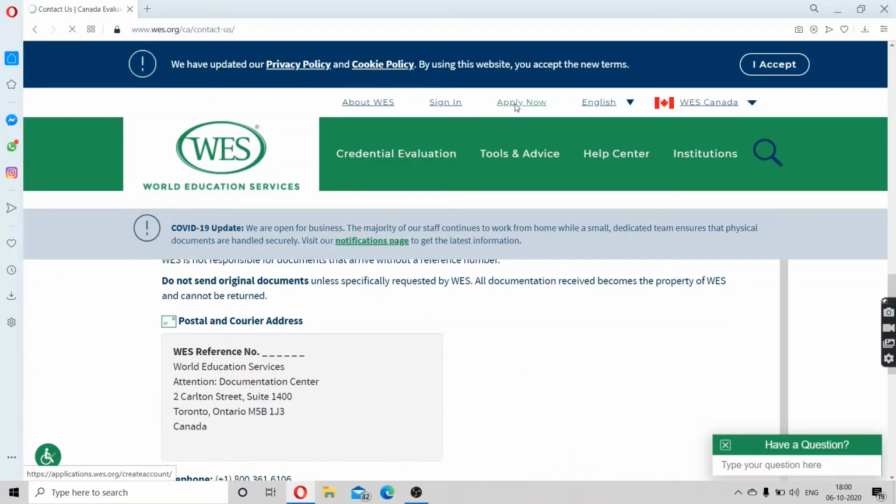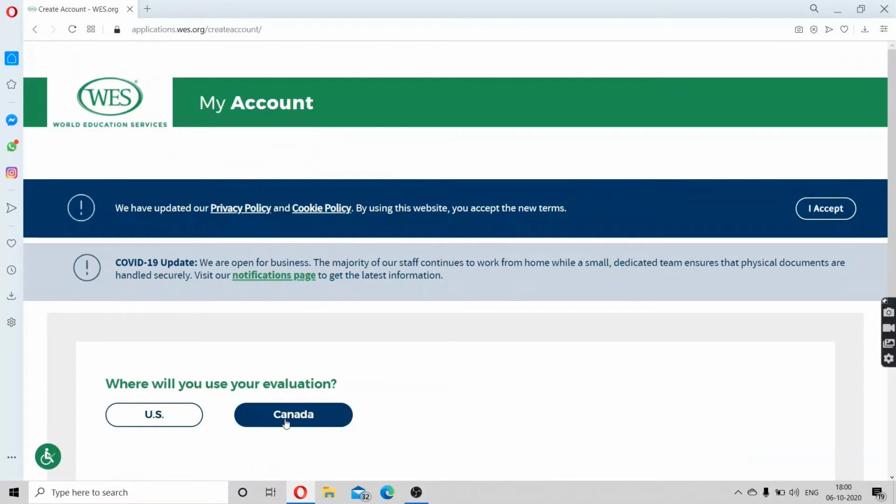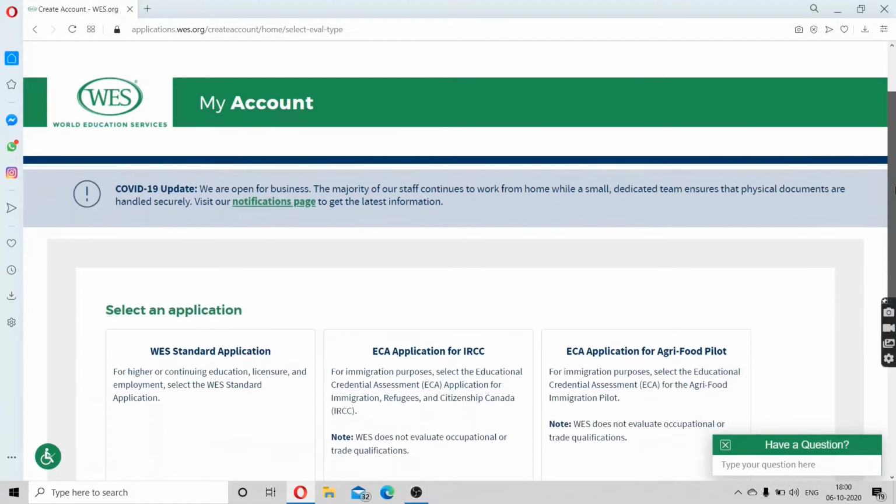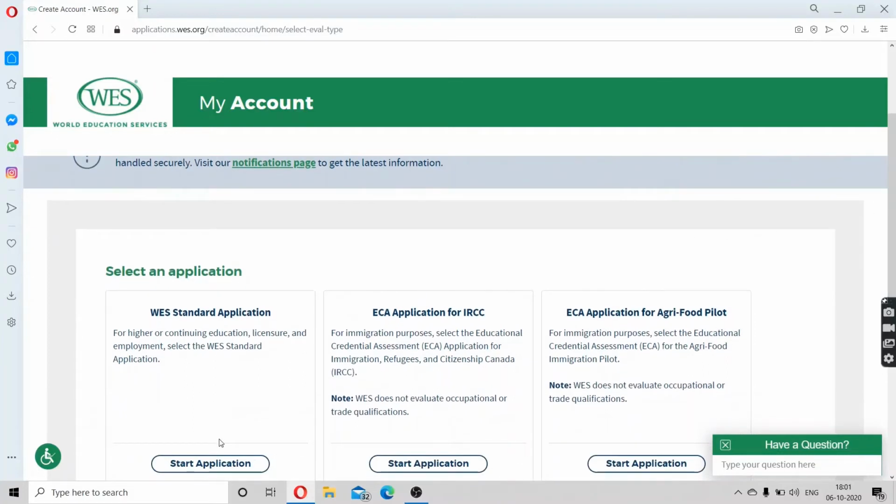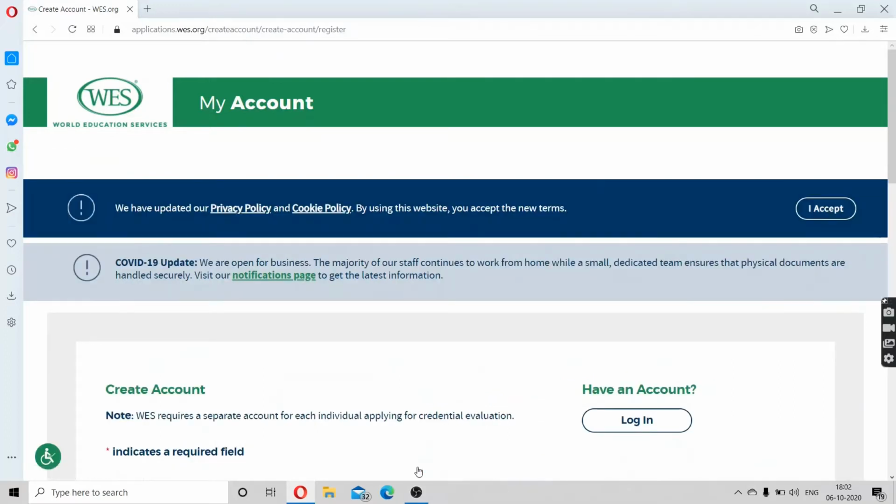On clicking this option, you have to choose Canada if you are applying for Canada. After going inside, you can see the first part is for those who want to continue their education or get a license, and the second part is for those who want their ECA for immigration purposes. So I'm going to start the application by clicking on it.